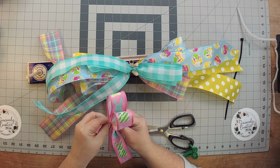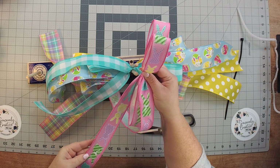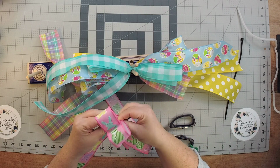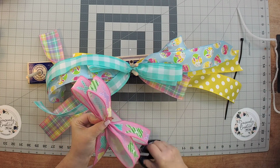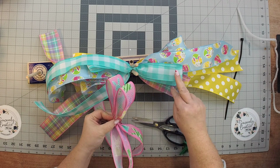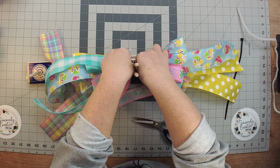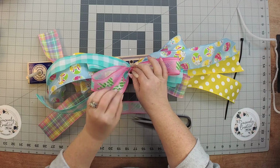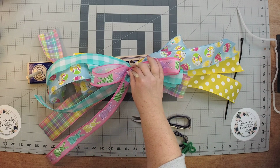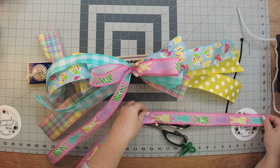Okay, because if I didn't, when I twist here, you see, now one's upside down, right? We don't want the upside down. We want them to all be going the right way. So I'm going to cut this off. So here's my 2 loops. Here's my 2 loops. We've established already that this is going to be our down. Okay, so I took my second tail off when I measure my second